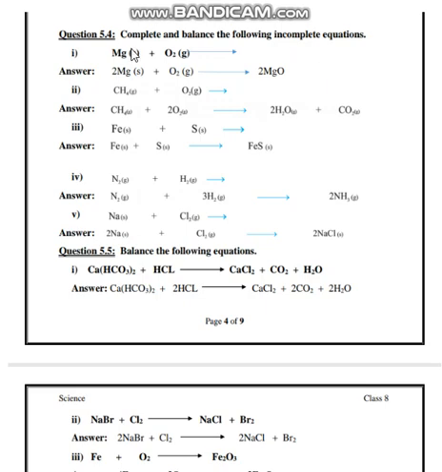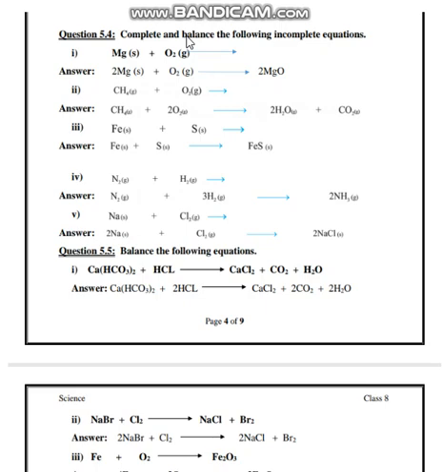In the first part, there is magnesium in the solid state. It will react with oxygen that is present in the gaseous state, and these two reactants react and will form one product. So it is an addition reaction in which two reactants react and form only one product. In this we can see that only one magnesium atom is present in the reactant and two oxygen atoms are present in the reactant, while in the product magnesium oxide is formed, and as we know that the oxygen atoms are fully utilized, it means two magnesium oxide molecules are formed in the